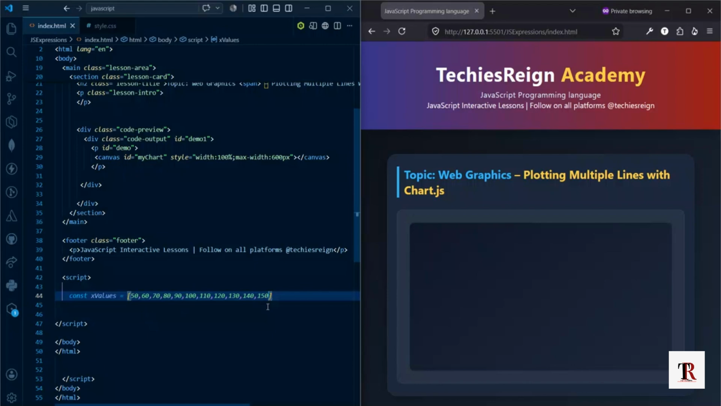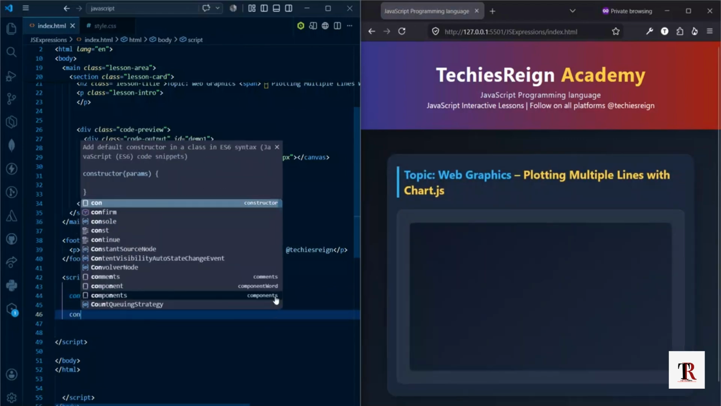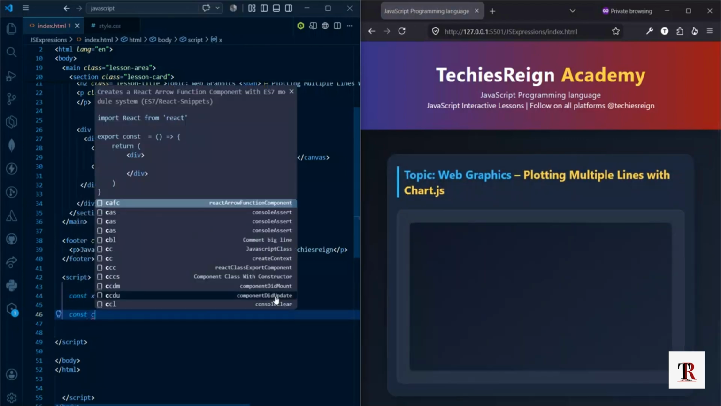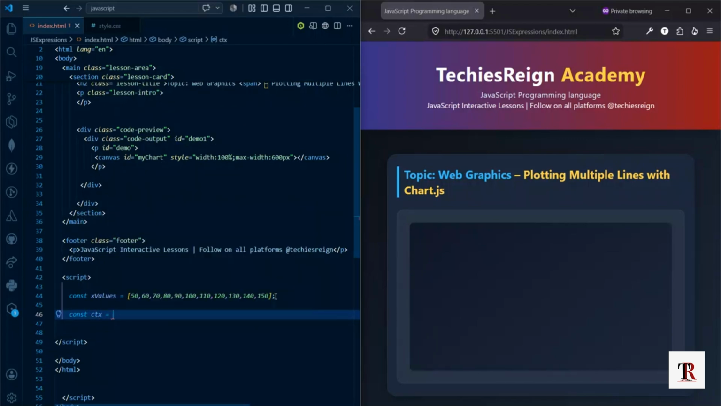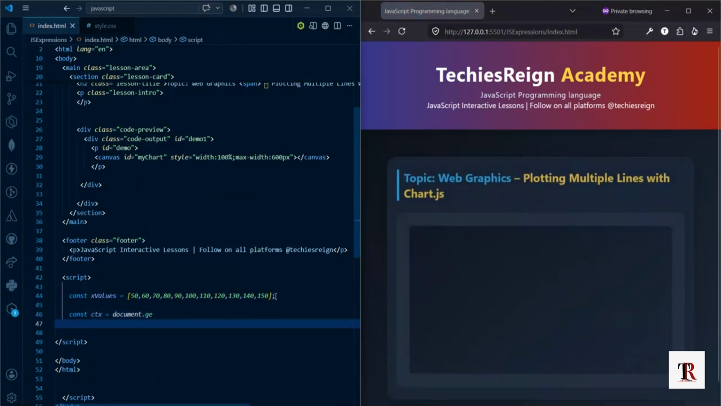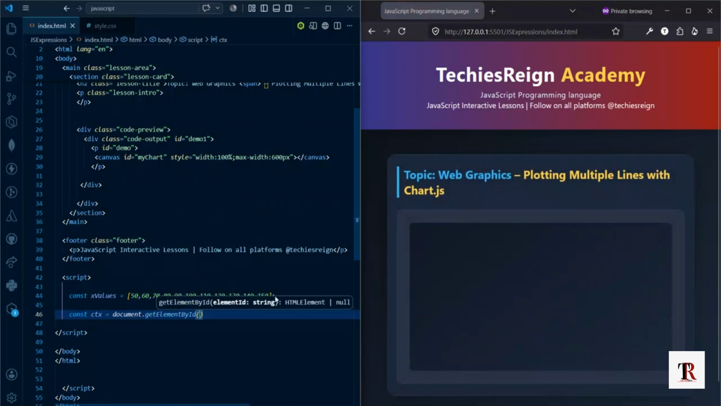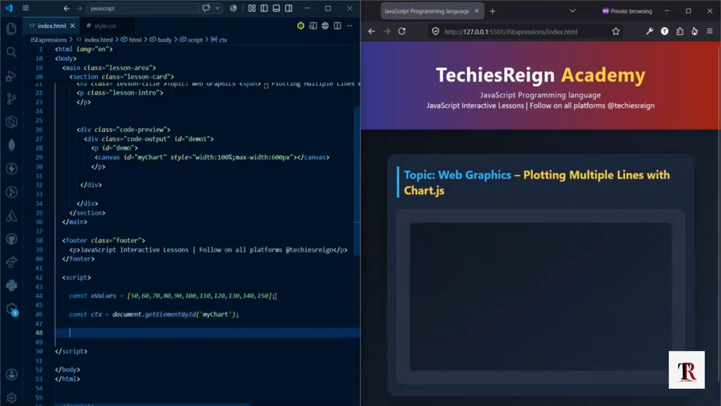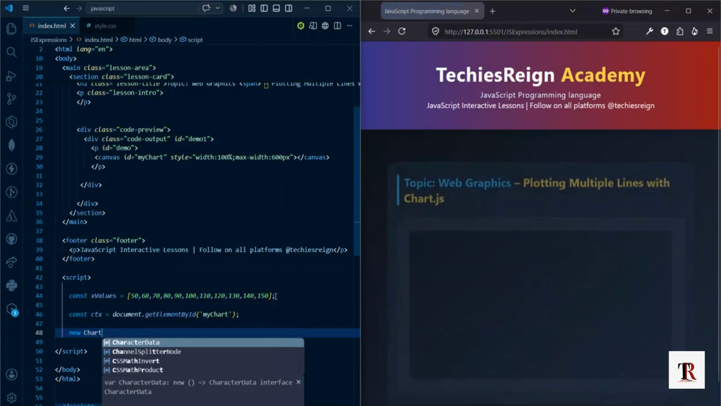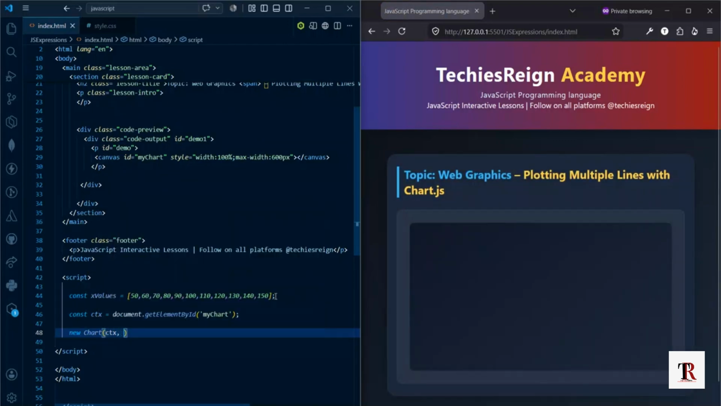And I can as well add more. Better still, let's just move on with this. And now that I have this, let me select the ID with a variable called ctx and do document.getElementById, and our ID is my chart. So now that I have this, I'll call on the new Chart and call on the variable